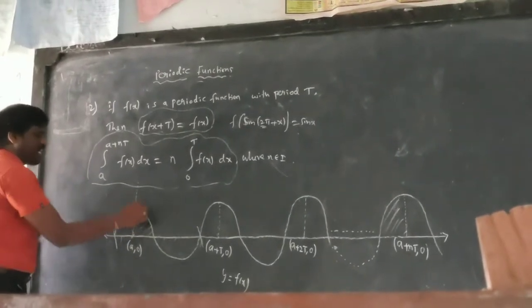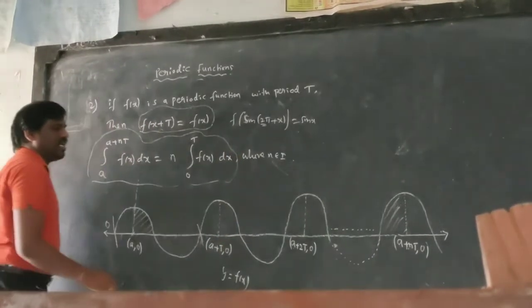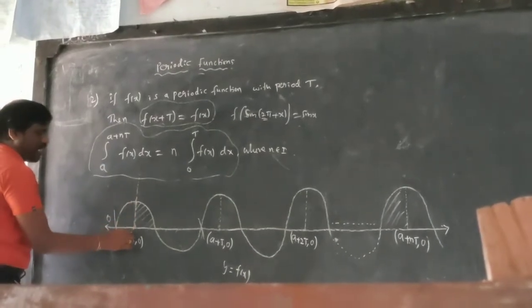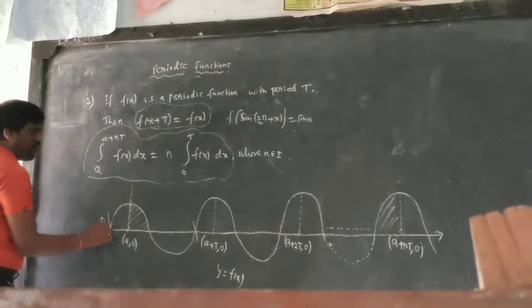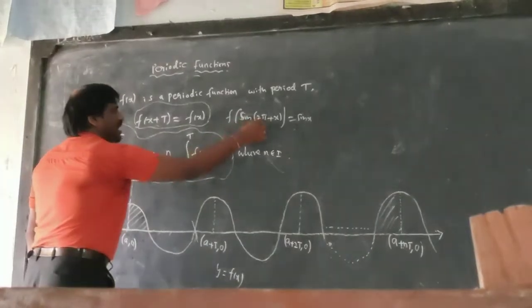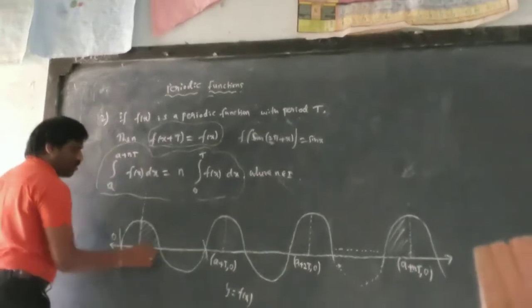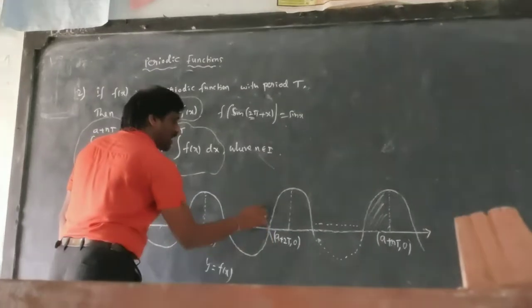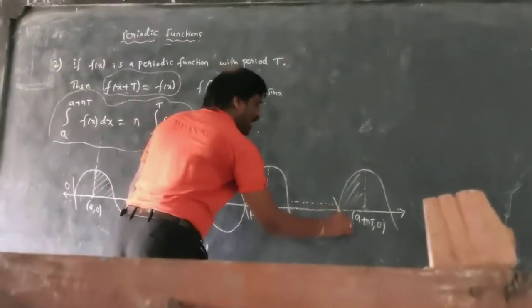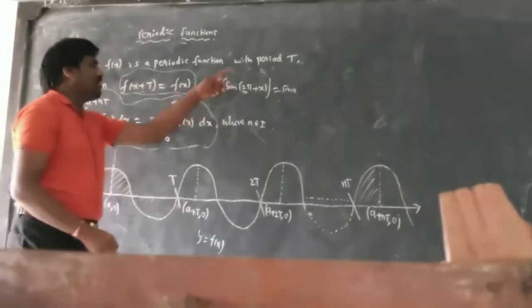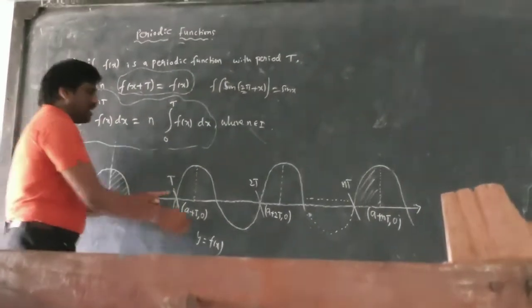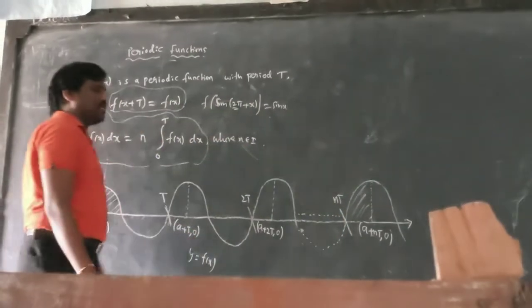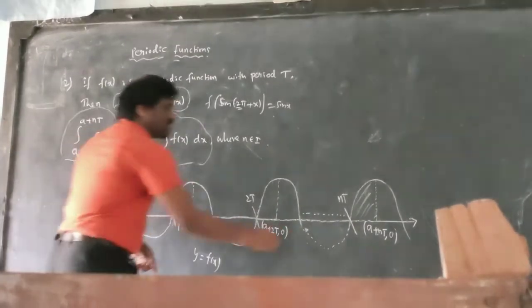See here, this is a graph of sin x, or suppose any periodic graph. Suppose I begin at a point A. The period of sin x is 0 to 2π, so I start from 0 to 2π. This is T, one period, and then this is the second period, and like that there will be n periods. 0 to T is one period, T to 2T is another, then 2T to 3T, 4T, 5T, like that we get n T's.